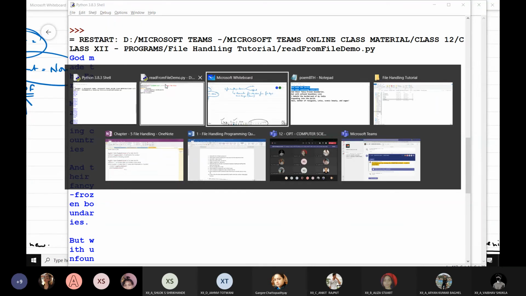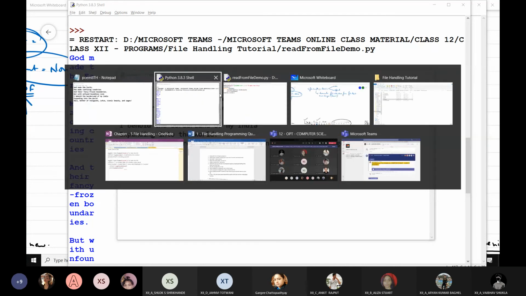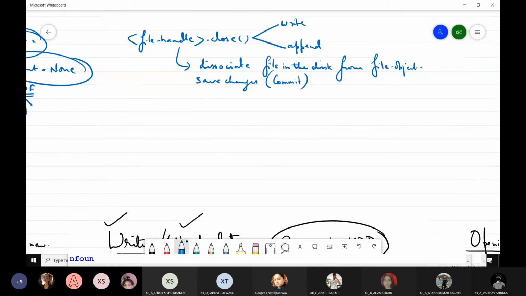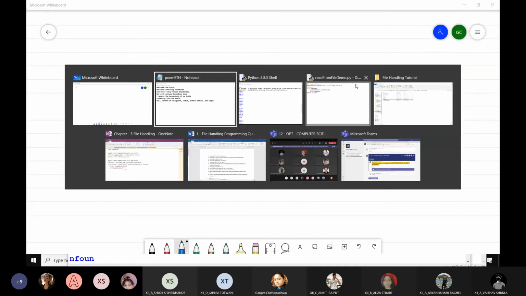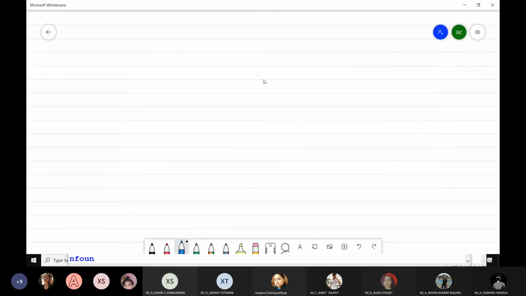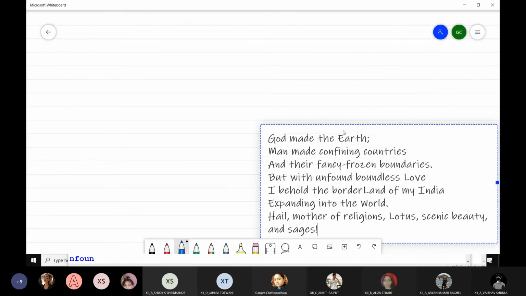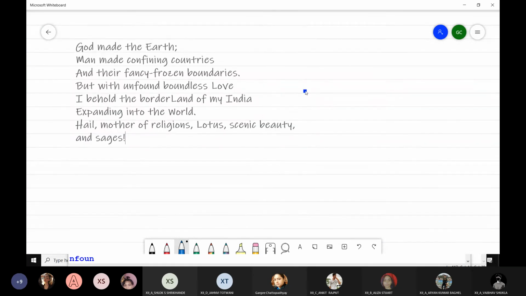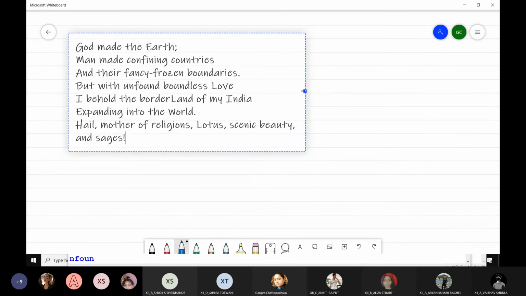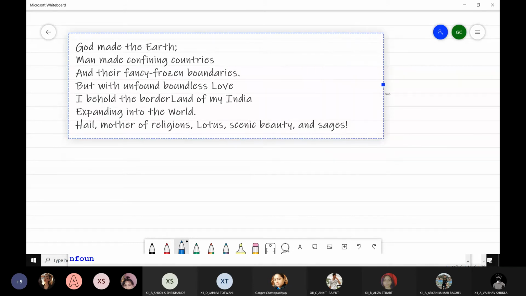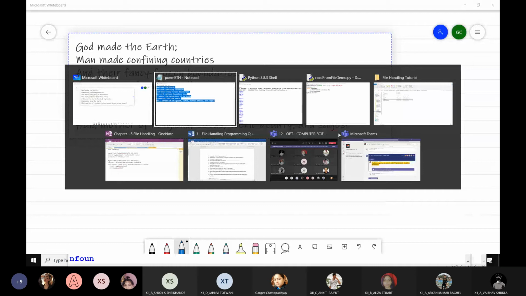That means if I just have to show it, wait a second. I'm going to copy the output also, the first two lines only. So this is the output of the file.